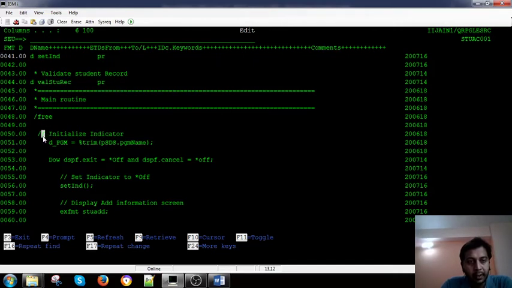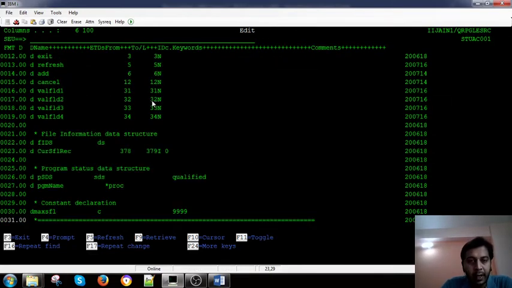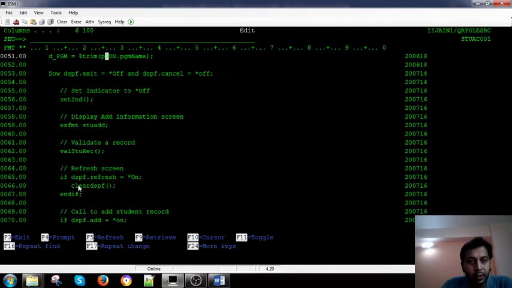This is the main routine. First, I have just passed PSDS, the program's data structure, and just the PGM name. As this is qualified, you can use the data structure name with PGM, which is good coding, and you don't need to remember it. So DS underscore PGM, and then you can pass it here. This is a variable of the display file; D underscore is for display, so you can use it as underscore display file. You can see the position was on the top, so whenever you call this program, you see the program name on the top of the screen.